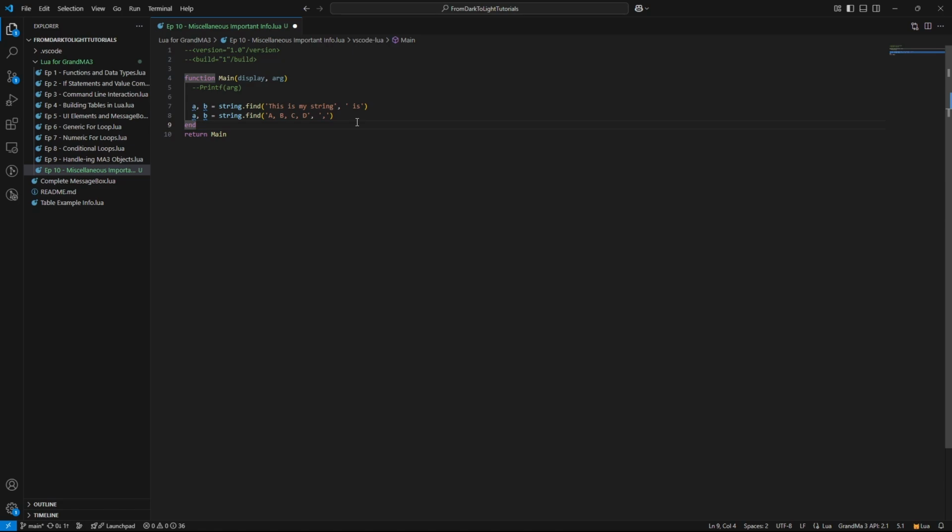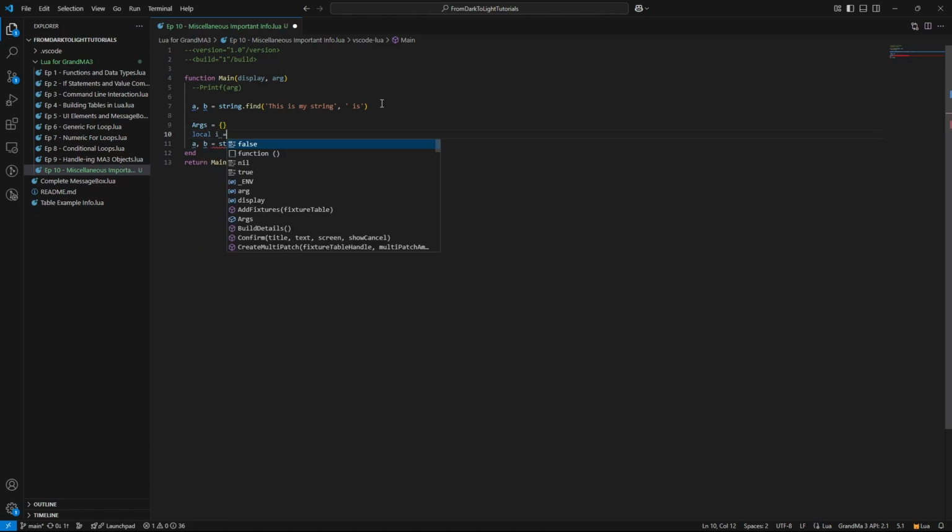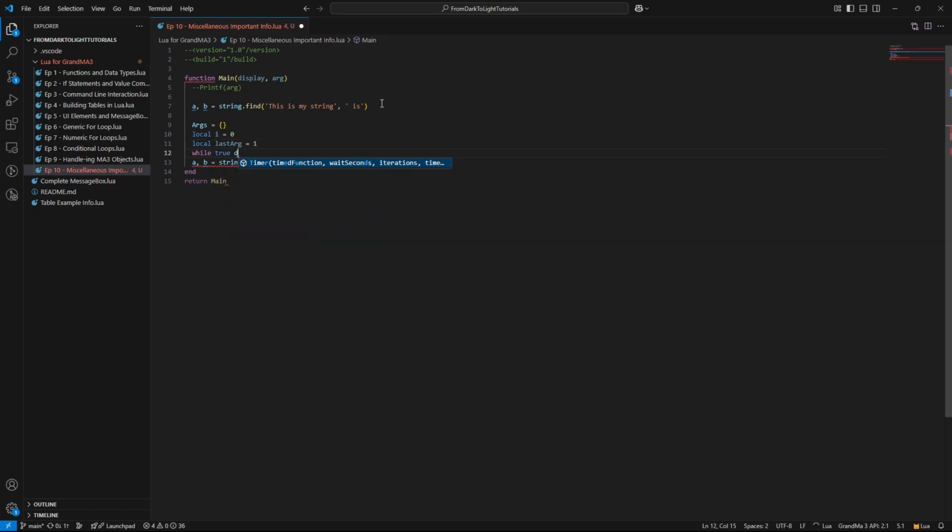There's a solution. There's an optional third argument that we can add to the function. So check this out. I'm going to go off of the assumption that we're using this argument right here, and I'm going to come down here and create a table called args, plural. Args should equal just empty table constructors for now, and then we'll do a local i equals 0 and local last arg equals 1, and then while true do, I'm going to take this line and put it inside of here.